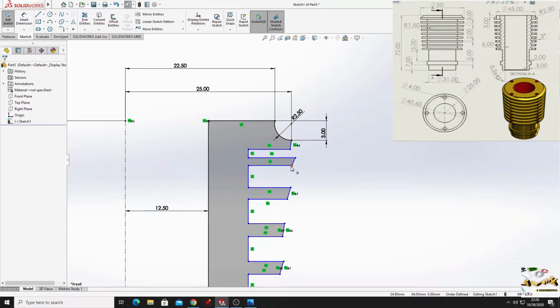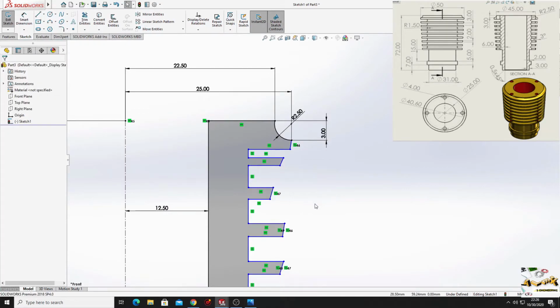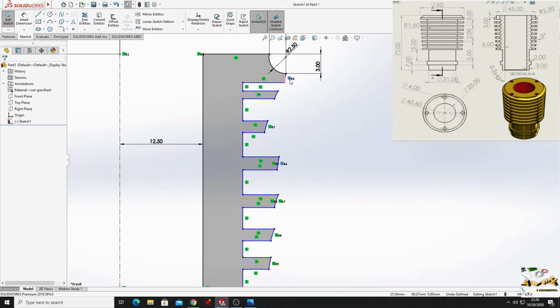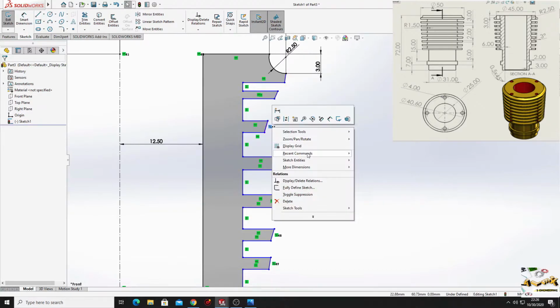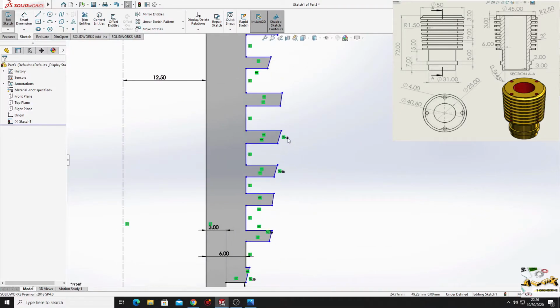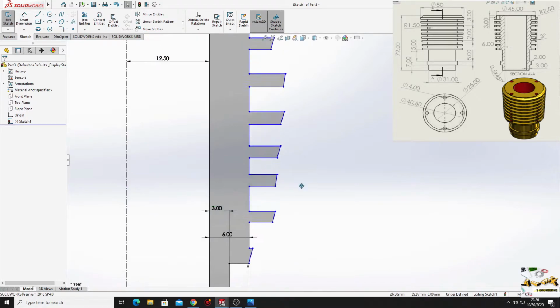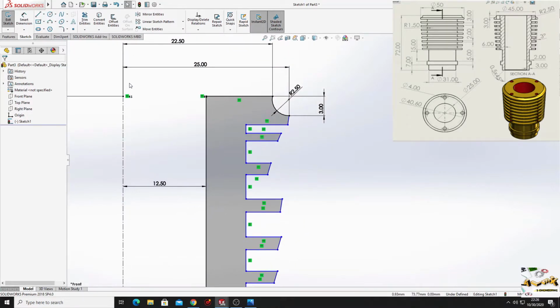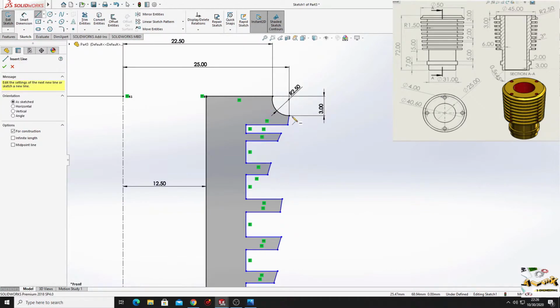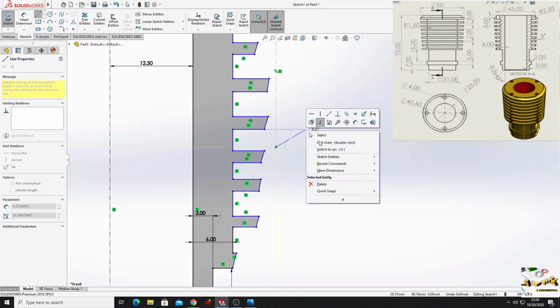And now what we have to do, we have to delete this. Okay. Now I have to make a center line starting from this point and make it vertical.